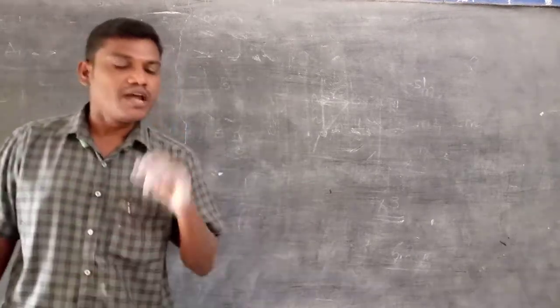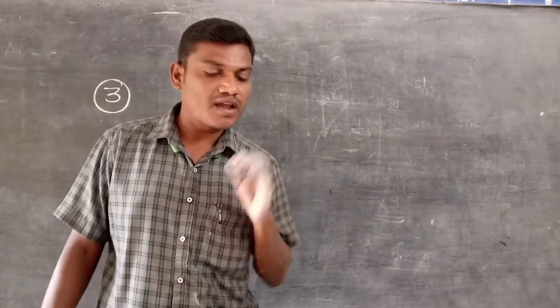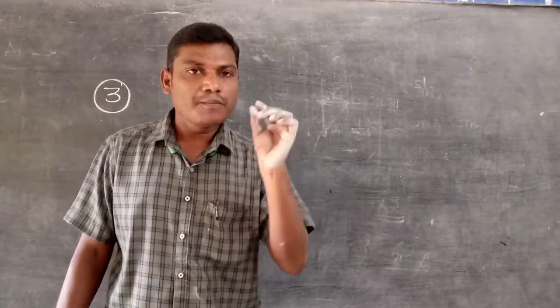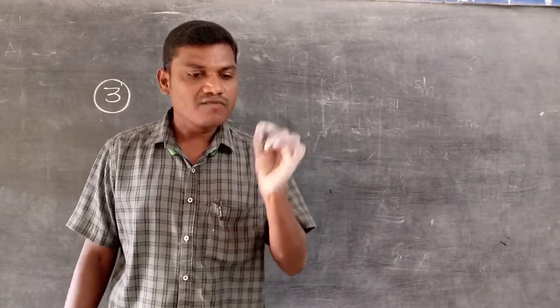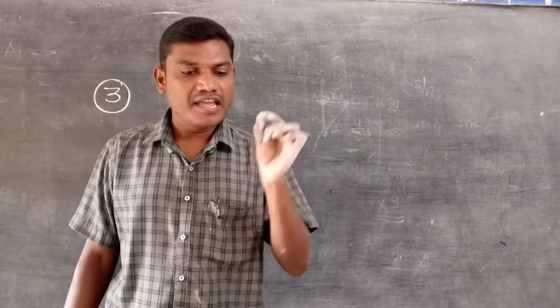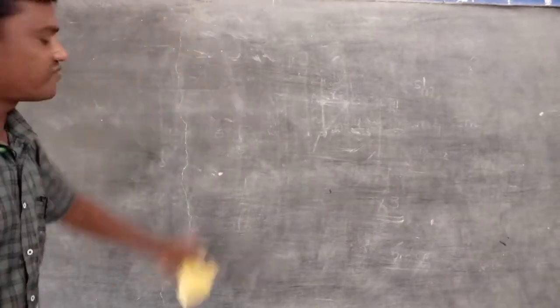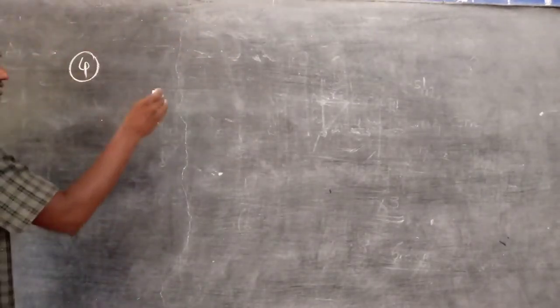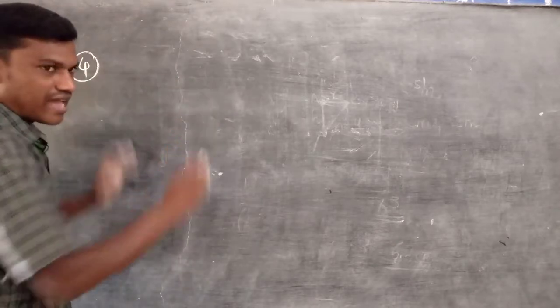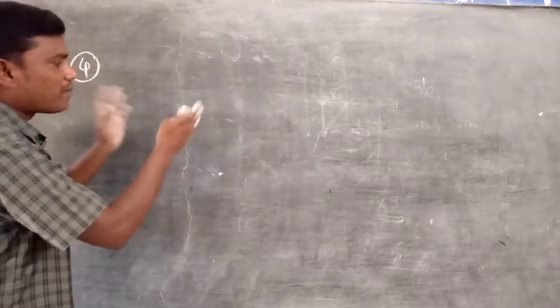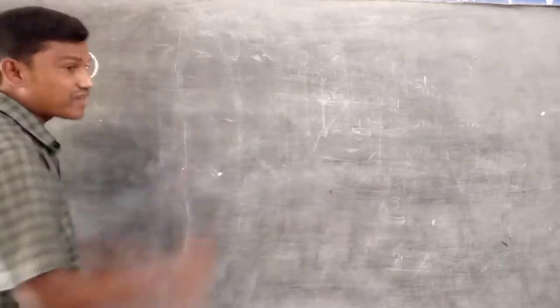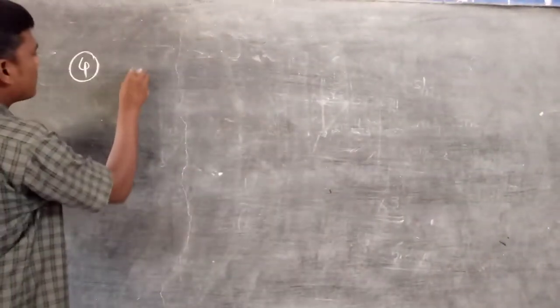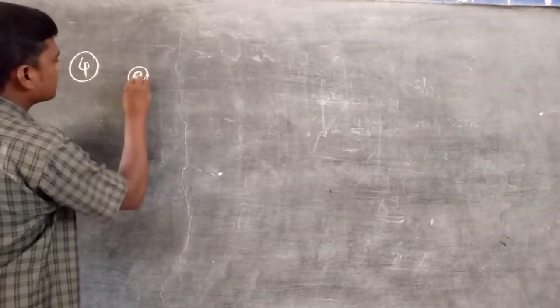Next, for the fourth one: draw a ray diagram showing the passage of light rays from the head of the nail in the different situations. That's why for the fourth one we discuss three cases. We can draw the diagram showing the passing of the light in the different situations. So the first one, A, we can say that